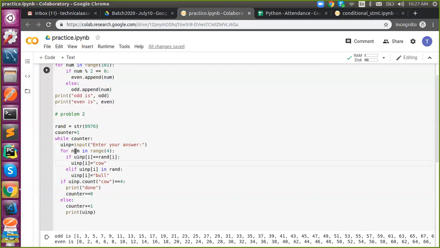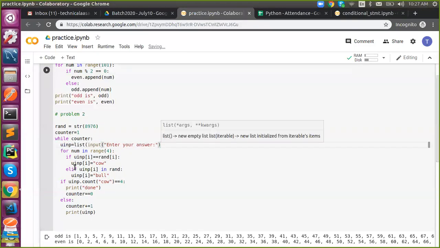So what we have to do is convert it into a list. Then this input allows us to do iteration as well as modification. Now we are able to modify.